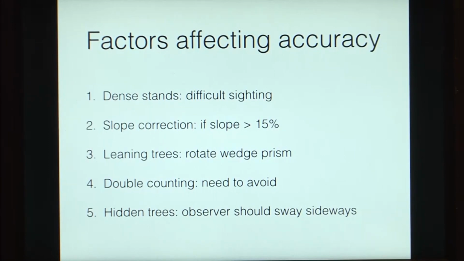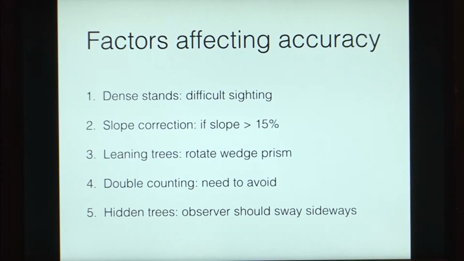We will get into the examples in a while, but first let us look at the factors that affect the accuracy. In the case of dense stands, it can be difficult to look at all the trees, so you might be missing out on a number of trees. Plus, if the slope is greater than 15%, so when we say a 15% slope, what we mean is that